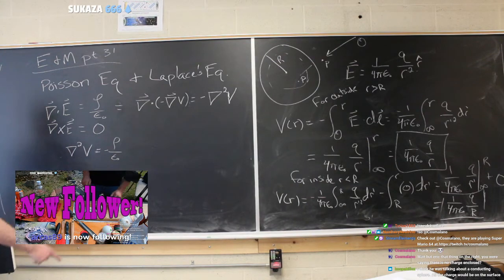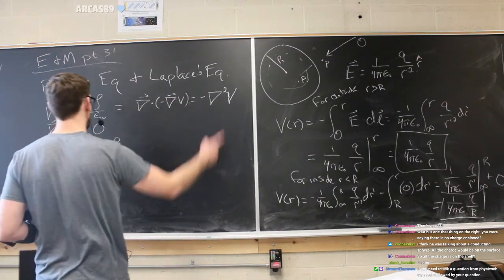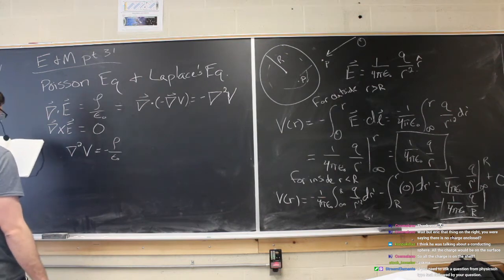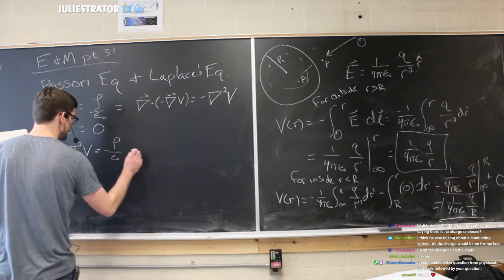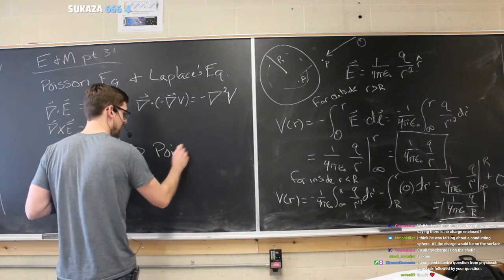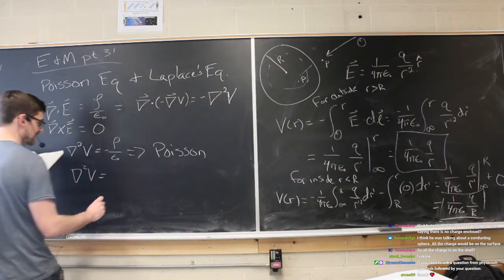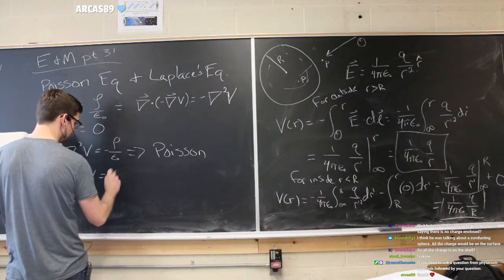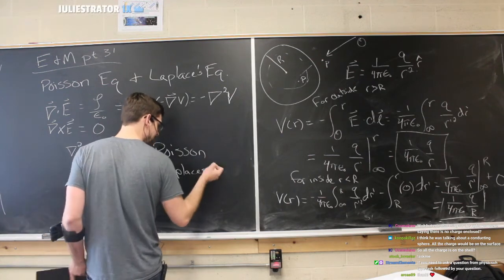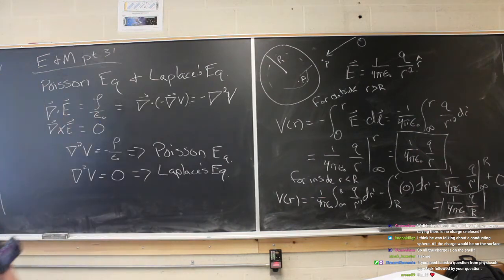Okay, so what happens if we have no charge enclosed, right? So for this one specifically, what happens if we're considering where the volume charge density is 0? Then we can talk about the Laplace equation. This is actually equal to 0. Let's keep these names correctly. This is Poisson, and if the volume density is equal to 0, then this is going to be 0, and this is Laplace's equation. And those are going to be much more relevant in Chapter 3 when we get there.